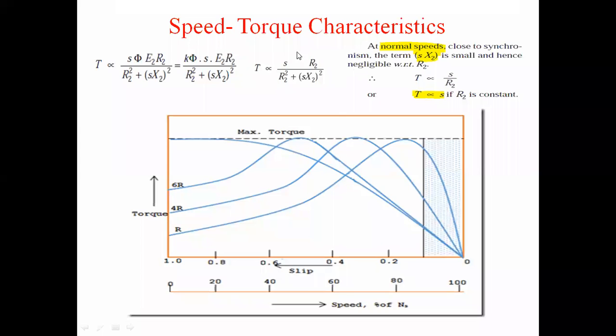हे कसं आलं, बाय युजिंग दिस. म्हणजे फक्त मी काय, x into x2 हे निग्लिजिबल कन्सिडर केलं. सो आय गॉट अबाउट T proportional to s upon r2. And again if I consider r2 is constant, so I get T which is proportional to s. Okay, so here at this initial case, whenever as I said the torque is proportional to slip, म्हणजे इथून टॉर्क